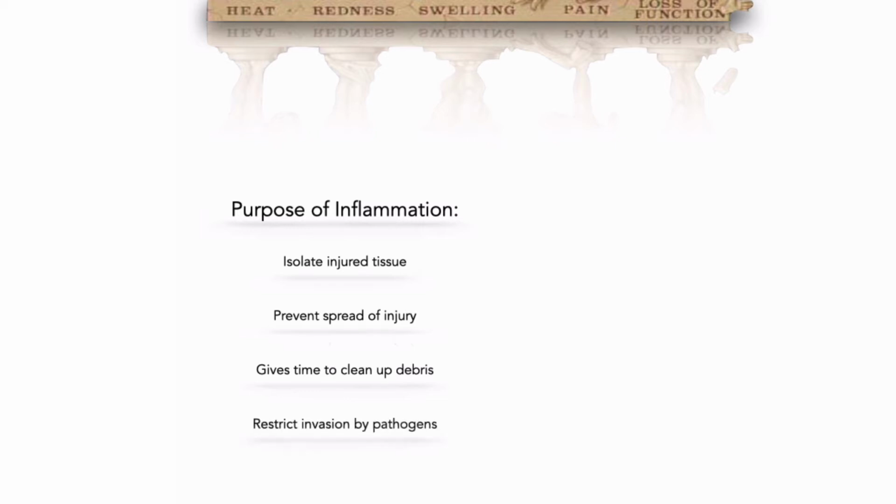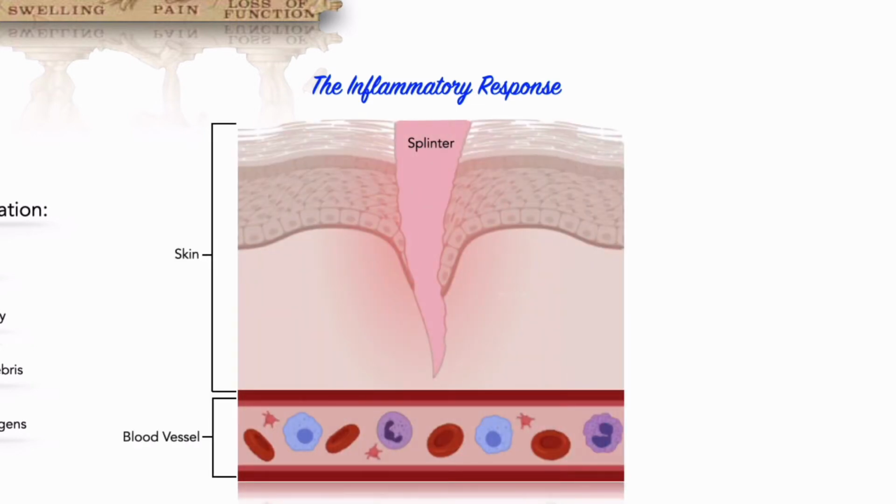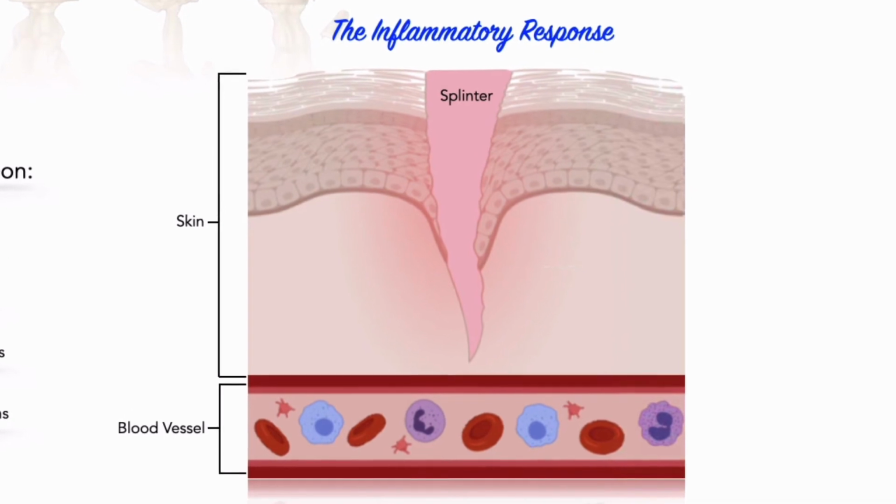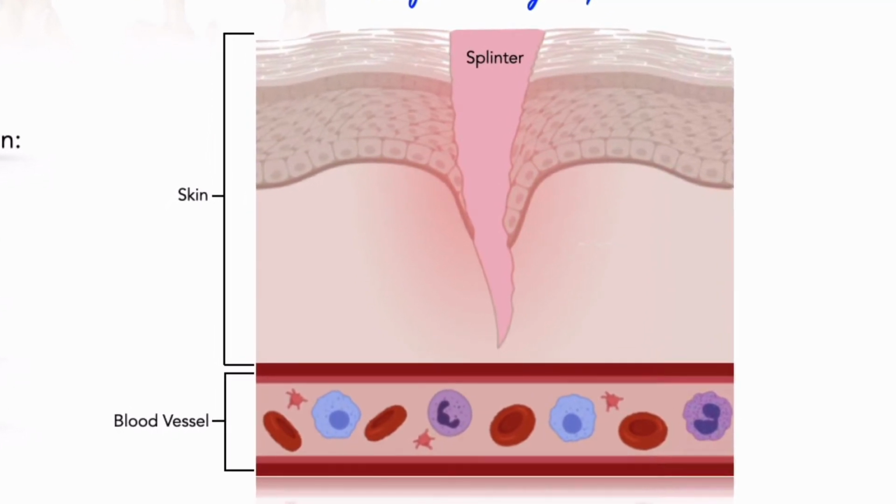Inflammation is the body's response to injury to help isolate the damaged tissue and to prevent spread of injury or invading microorganisms from infiltrating and accessing other tissues and organs. Isolating the injury gives the body time to clean up materials, including damaged cells, tissue components, and any invading microorganisms. This phase, which may involve multiple tissues, is called the inflammatory response. Inflammation can be caused by various stimuli, such as impacts against the body, abrasion, puncture wounds, lacerations, chemical irritation, infections, including invasion and presence of pathogens, such as harmful bacteria or viruses, and extreme changes in temperature, whether heat or